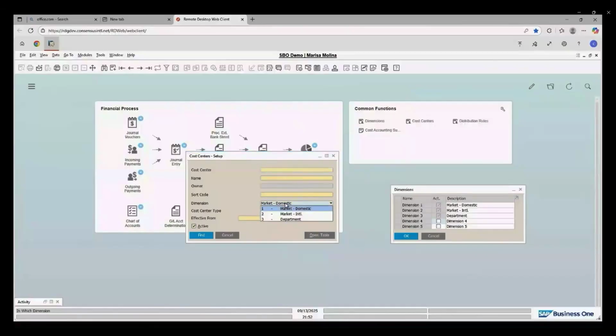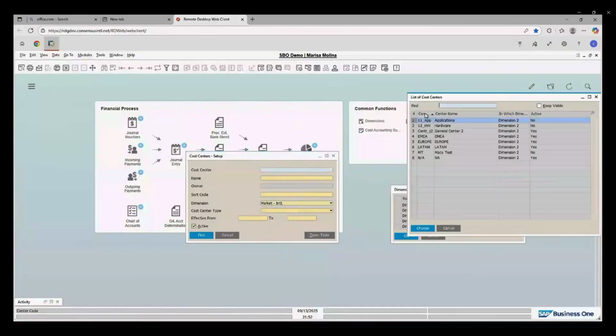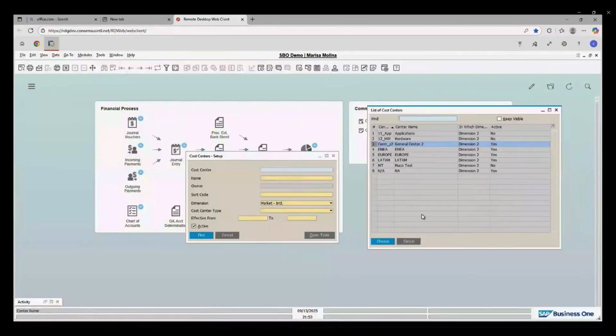And if I go to my international, you will see in line 3, General Center 2, Z2. And the reason is that anytime you are allocating an expense or revenue to any of these dimensions, if the amounts don't match the total, the system will allocate the balance, the difference, to these generic centers. Okay, so that is the purpose of those ones.